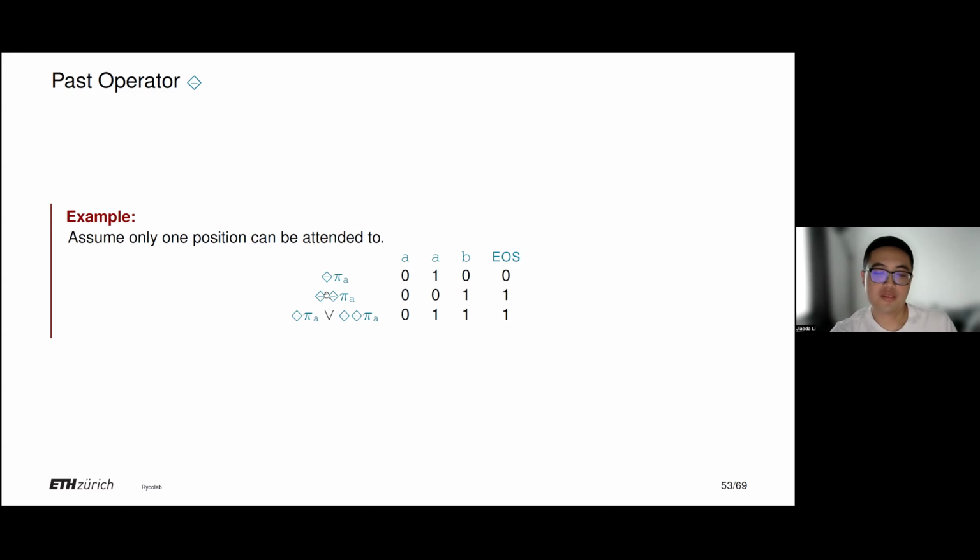And then we implement a past pi A, which attends to positions where the first row is 1. Right, so in the first position, there's no 1 before it, so it's 0. In the second position, it's still 0. But in the third position, there is an A here before the current position, so it's a 1. And in the last position, it's also a 1. So if we take the logical OR between the first two dimensions, it will just be 0, 1, 1, 1, which is the correct past pi A, right? Because the first position has no A before it, and all the subsequent positions have an A before it.